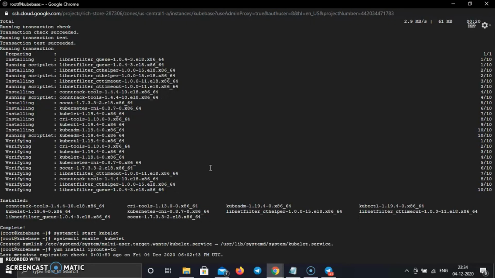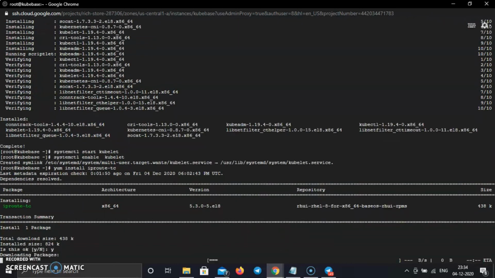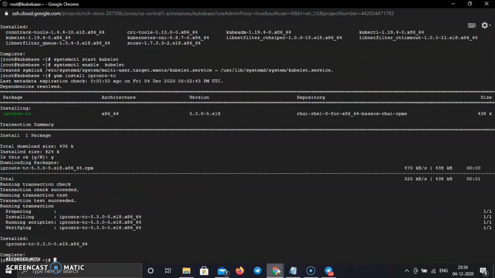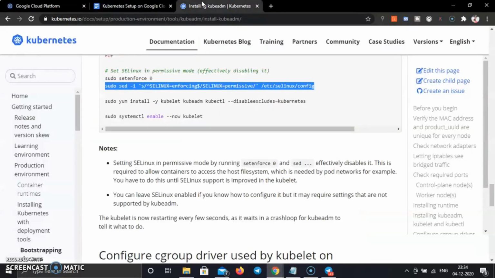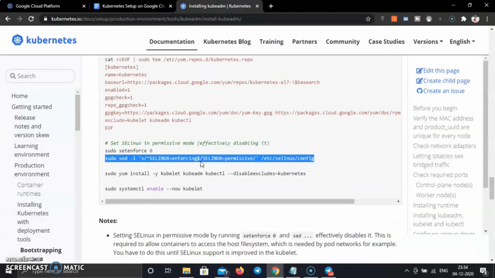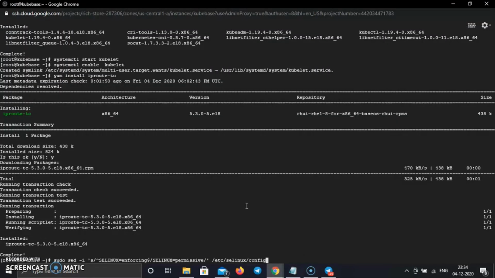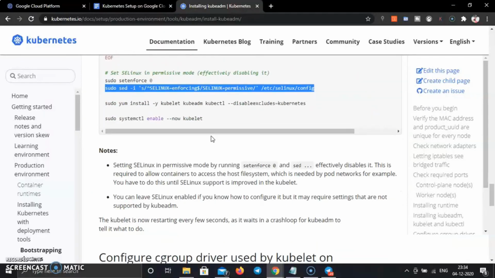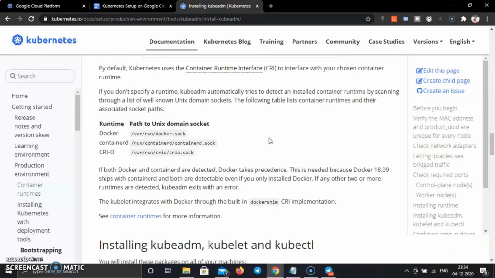Okay, and after that we need to also set SELinux to permanently disabled. So for that we need to run this command which is given in the official documentation. Just copy and run this command. Okay, and now all things are looking good.